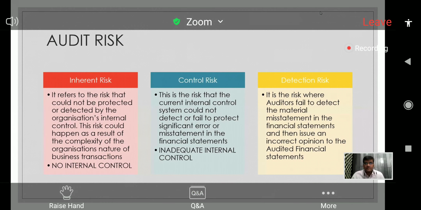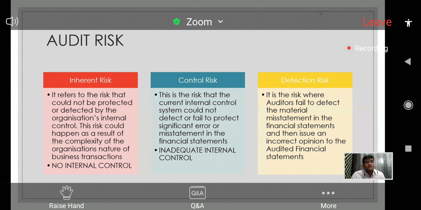There are three primary risks that I would like to introduce to the audience. One is the inherent risk, one is the control risk, and one is the detection risk. If you read through the inherent and the control risk, only the first part, you would realize that there is a thin line of difference between the two.